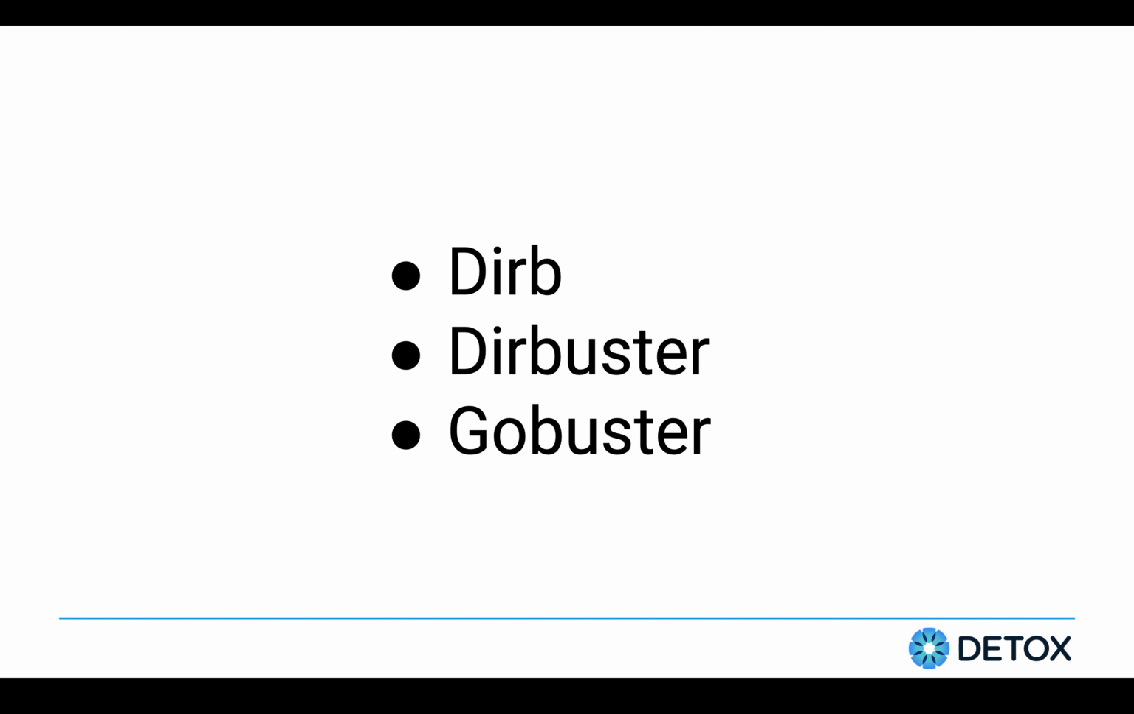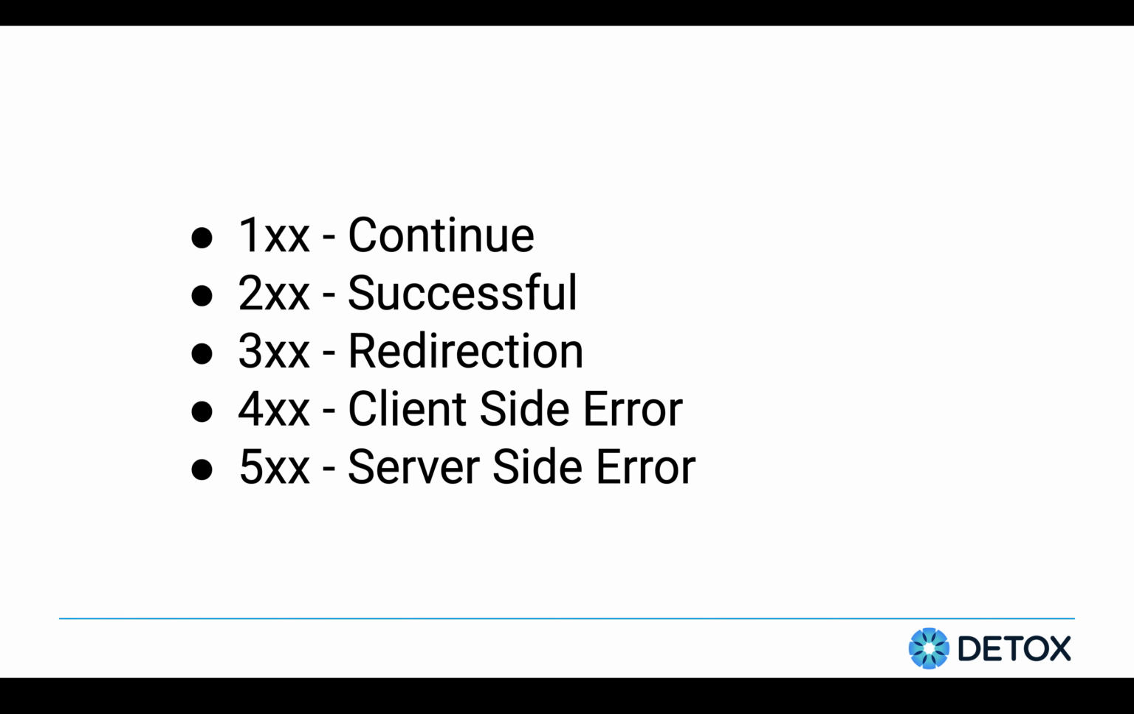Another two tools are there, Dirbuster and Gobuster. Before proceeding towards these two tools, let me be clear. All of these directory busting tools work upon the response codes. We have five series of response codes. First is 1xx, which means continue or gives us some informational message. Second is